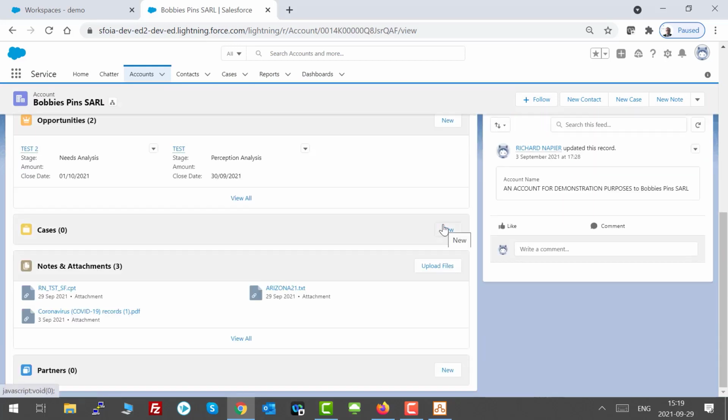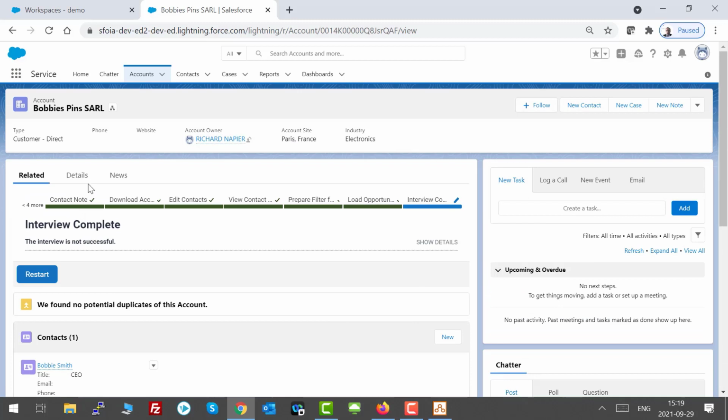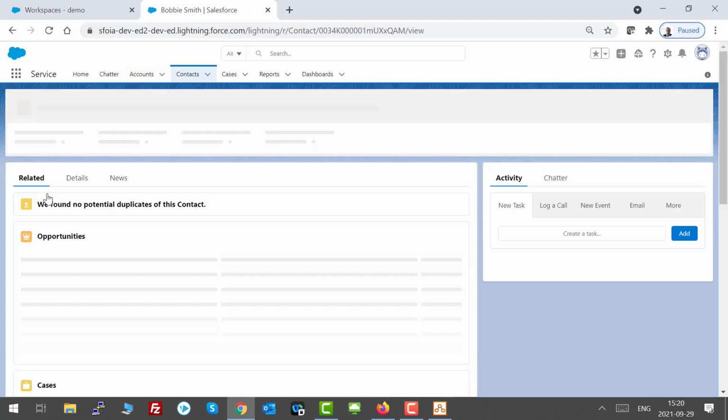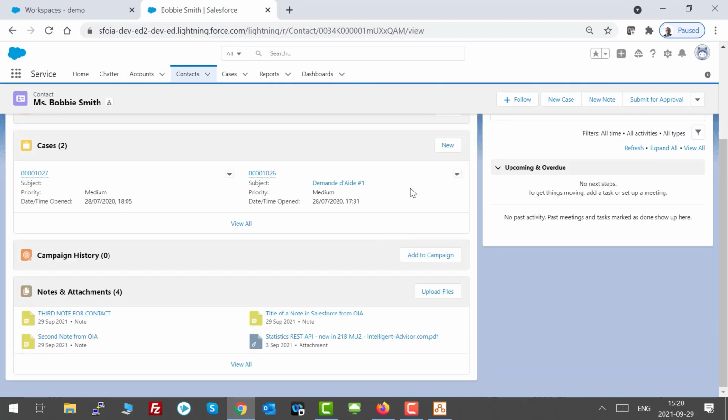We can already see that we have another opportunity there, so the opportunity has been successfully added. We can see that in the notes, we have the attachment and the notes that we created for the account. If we go up and find the contact as well, let's drill down on the contact and make sure that the child data was entered for the contact. If we scroll down, we'll see that we have the notes, and we can see the extra note that I added. There was already an attachment there. So we can see that the Sophia integration is perfectly capable and perfectly happy dealing with multi-level complex data structures